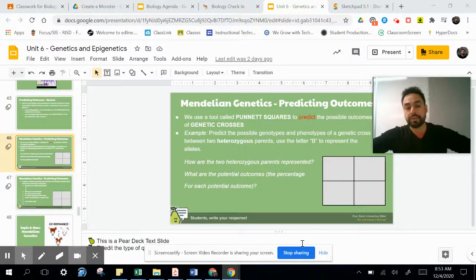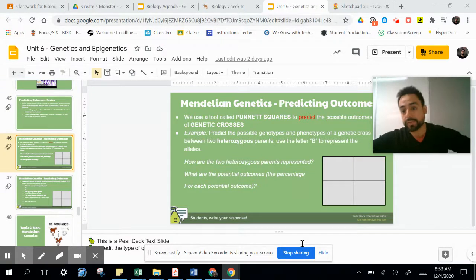All right, so this is a bit of a little guided practice for doing these Punnett squares. So here I am on slide 46 that you guys will be seeing on your own, but it's asking us to perform some Punnett squares, a genetic cross. And we are trying to cross a heterozygous parent with another heterozygous parent, and the allele that we're using is